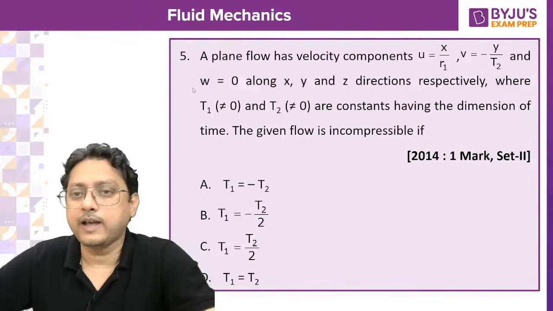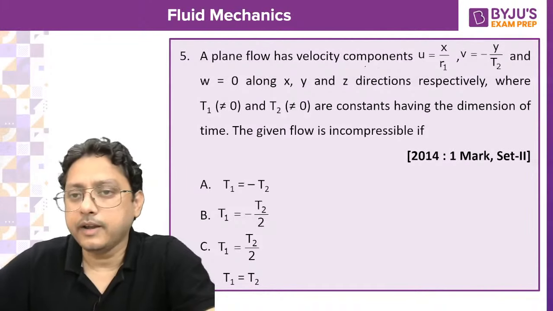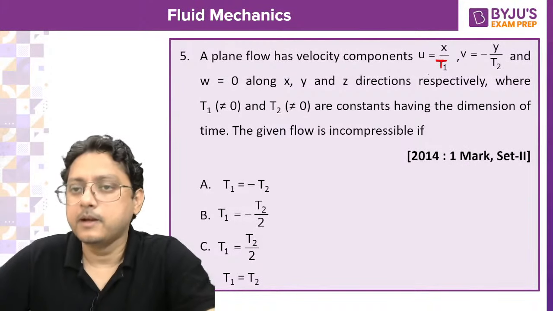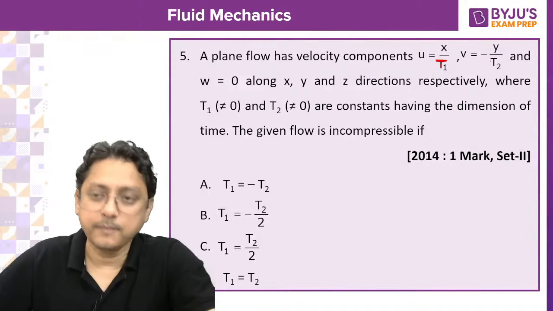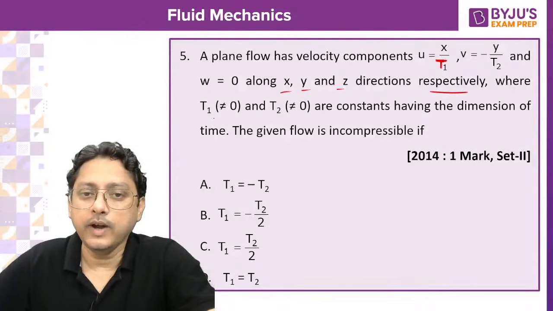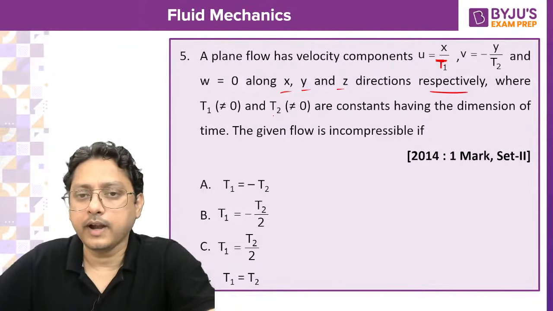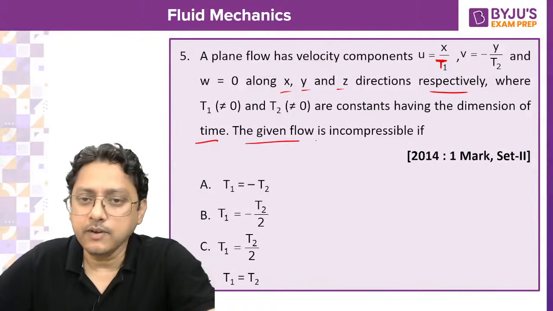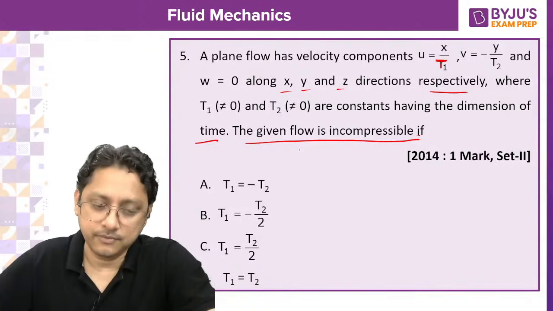Now a plane flow has velocity components u equals x by t1, v equals minus y by t2, and w equals 0 along the x, y, z directions respectively, where t1 is not equal to 0 and t2 is not equal to 0 are constants having the dimension of time. The given flow is incompressible if